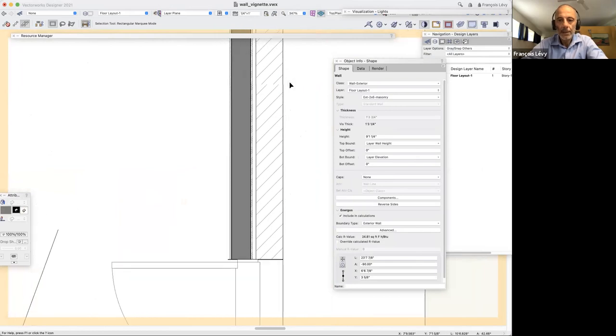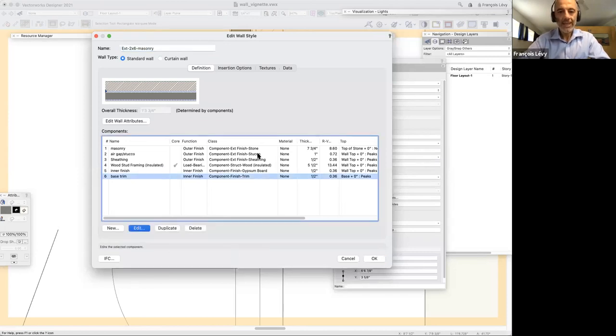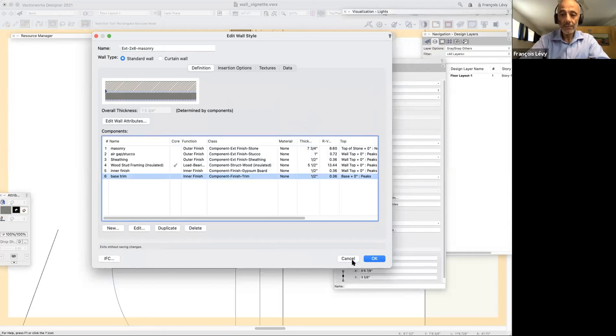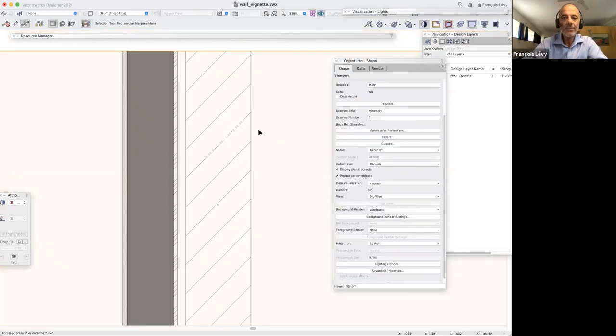Okay. And let's examine this line style. So there's a couple of things. One is that I'm assigning a class to each and every one of my components, right? They all have their own unique class. And each of those classes, I'm careful to make the fill, the texture, and the pens, make all those attributes by class. And the reason that I do that, obviously, is so that when I go back to my viewport,